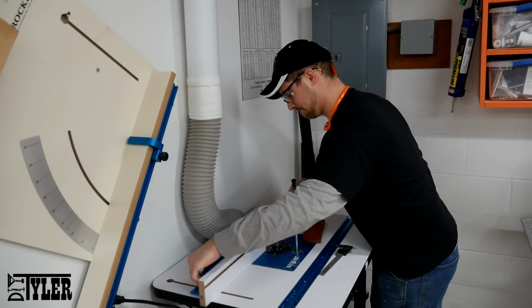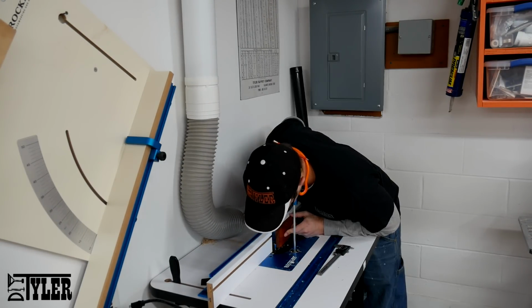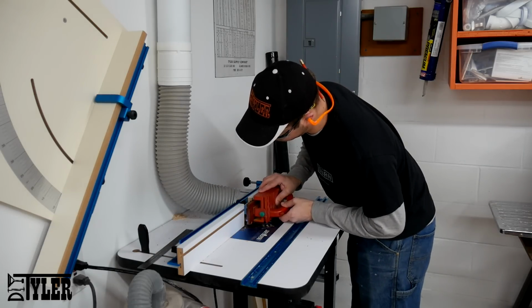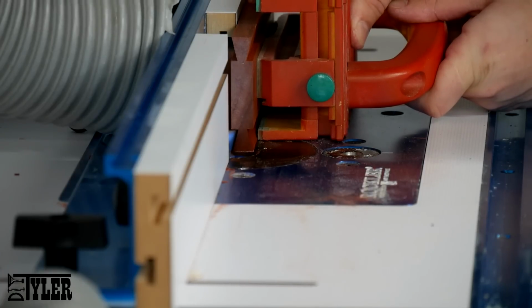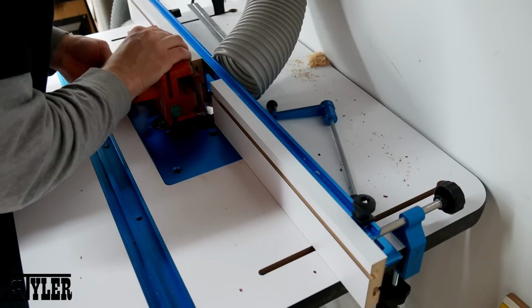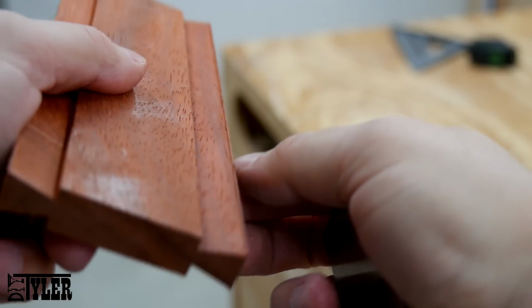Now that we have the dovetail grooves in the tabletop itself, it's time to make the dovetail splines. I'm going to use padauk like I mentioned before to get that beautiful contrast, and you actually use the same dovetail bit up against the fence to make the cut, as you can see right there, and you do both sides. It'll certainly take you a few tries to get it dialed in exactly where you want it,